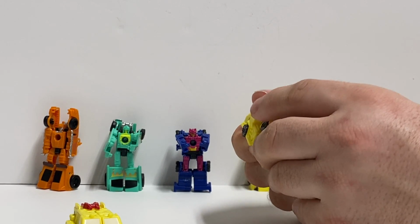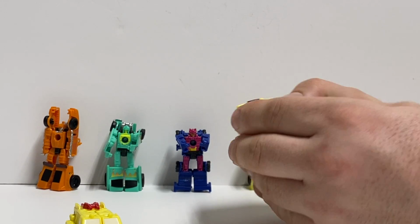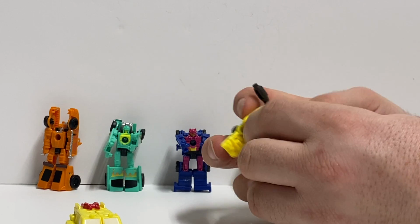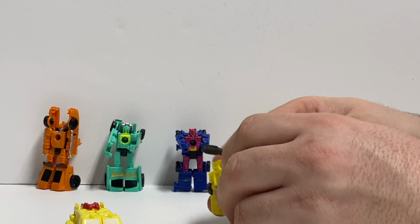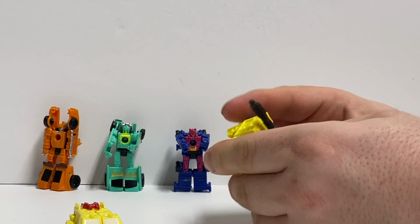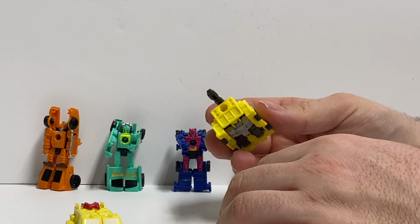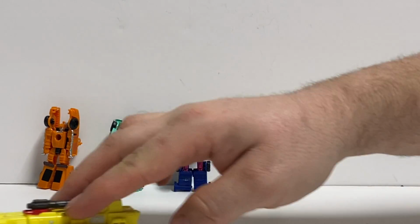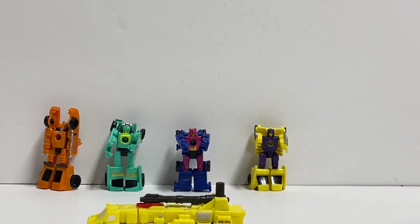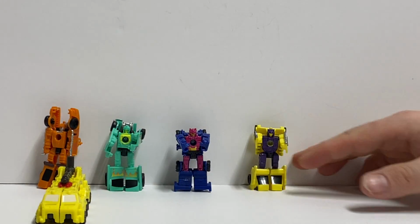You just pretty much do that. Tuck it underneath there. And you want to do that. Do that. And then you have that half. Then you want to just peg them together. Set him aside. Now we're going to go with